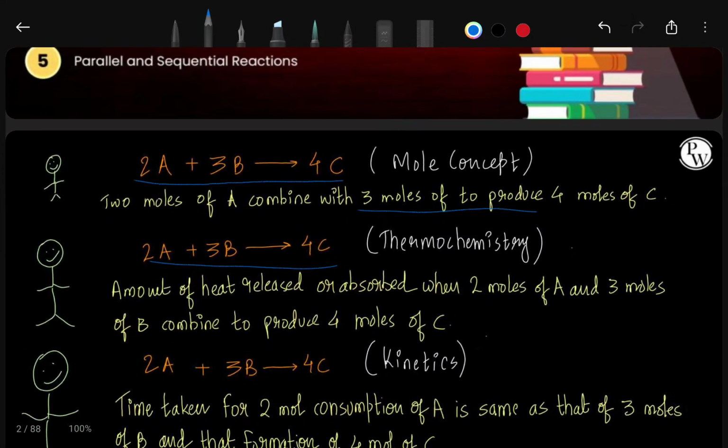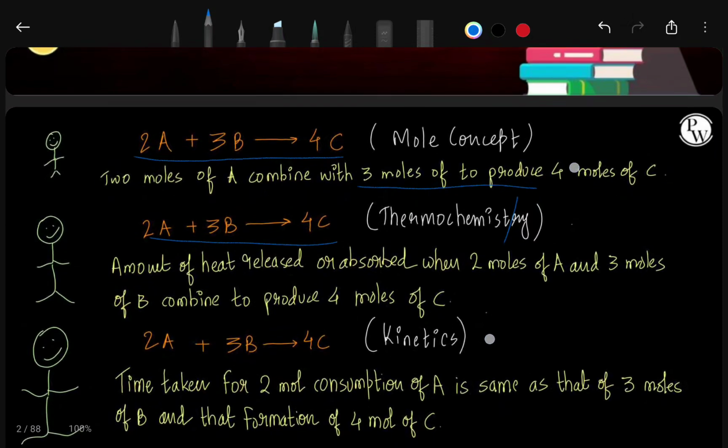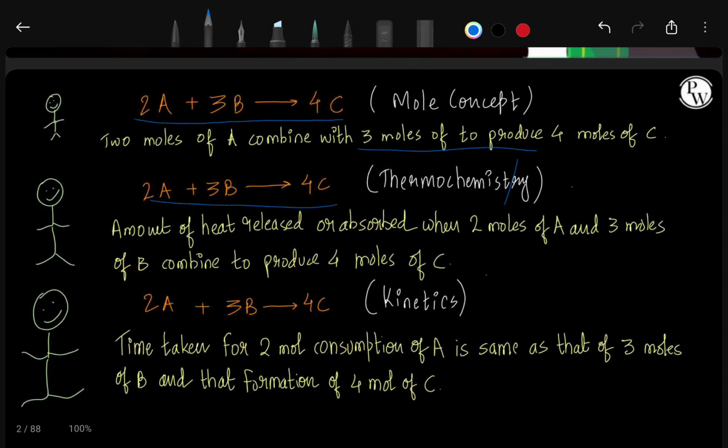We studied this in the mole concept, but when we go further, like in thermodynamics, we study the amount of heat released or absorbed when 2 moles of A and 3 moles of B combine to produce 4 moles of C. Okay, in chemical kinetics, we study how the rates are defined,